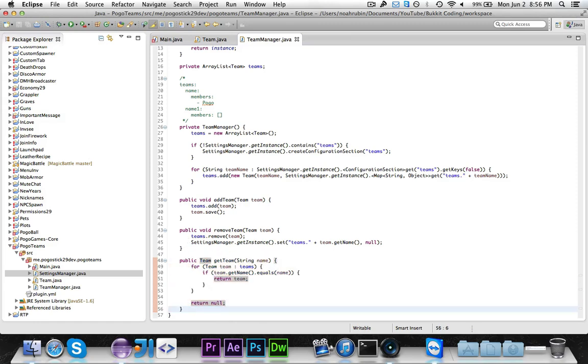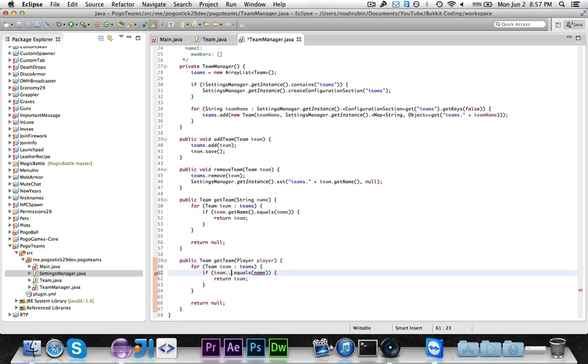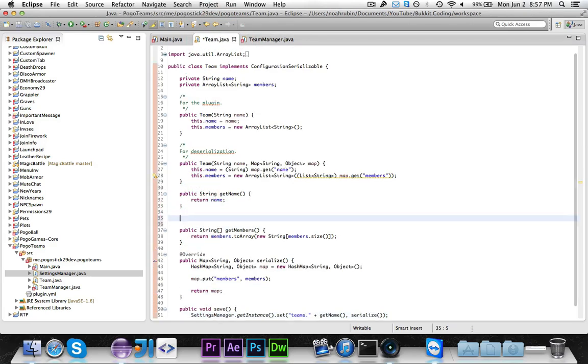And we can go ahead and copy this and say get team that takes a player, which we'll call player, so that if I give it a player, I can tell what team they're on. So we can say if team dot has member player, then return, and of course we still have a bunch of methods we have to write,